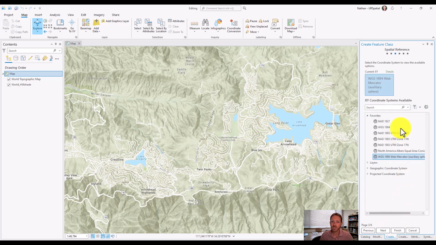Now the next page here in our wizard is to set the spatial reference, the coordinate system, and the projection for this layer. So that can be different than the actual map itself. A map can contain lots of different layers and lots of different coordinate systems, and that's fine. It reprojects everything to a common spatial reference. By default, this is set to this WGS 1984 Web Mercator, which is okay, but let's go ahead and change that for now